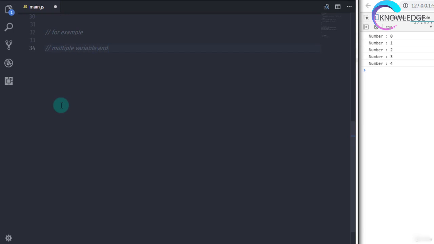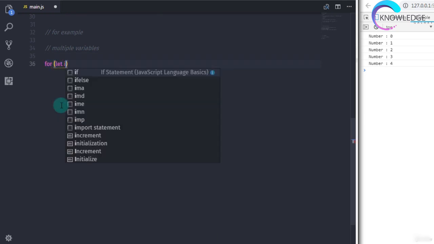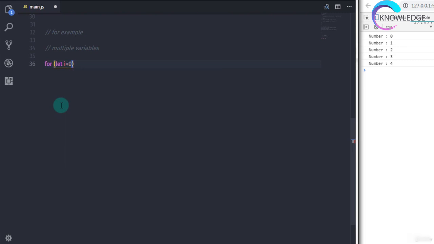For example, now we have multiple variables, so we'll say for let i is equal to 0, comma, j is equal to 5, and specify a semicolon. Then we specify the condition i is less than 5, semicolon, and specify i plus plus, comma, j minus minus.